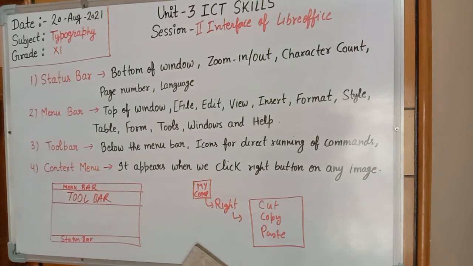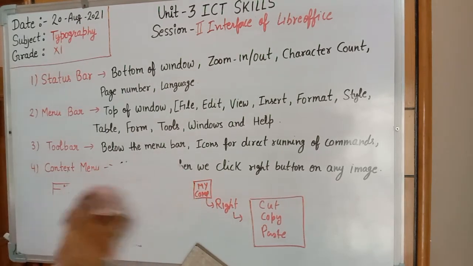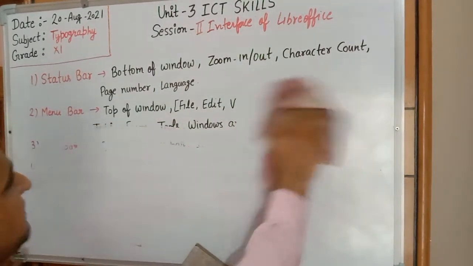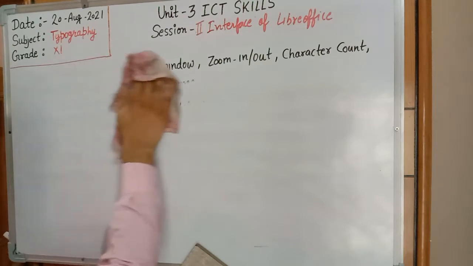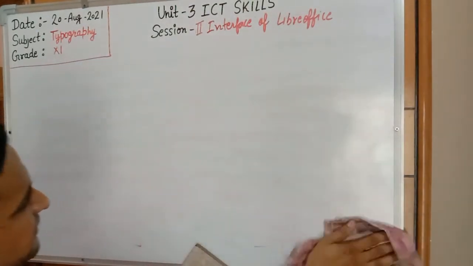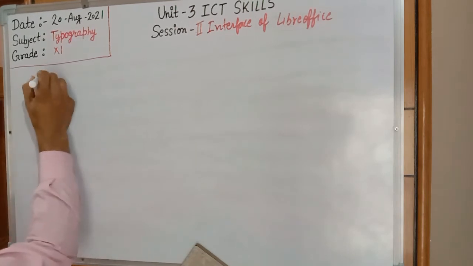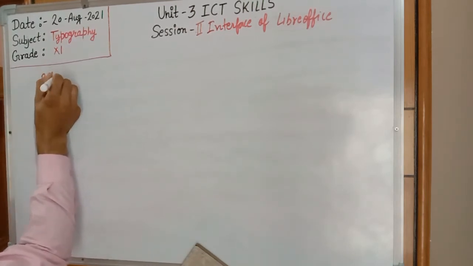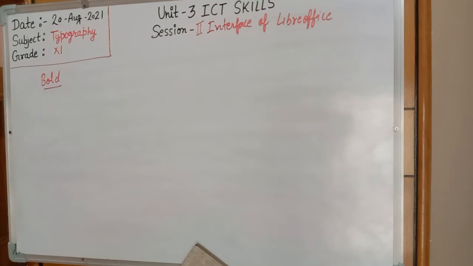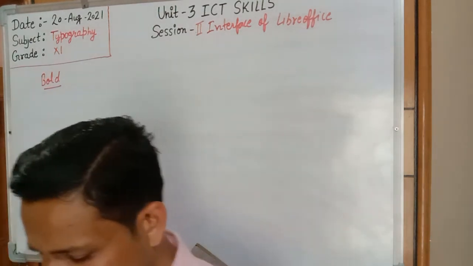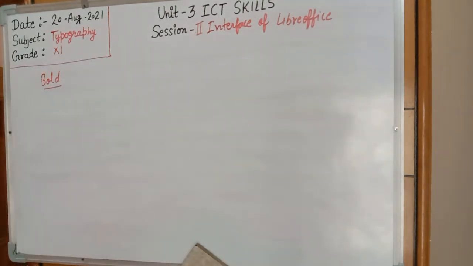Now the next topic is multiple ways to perform the same action. It means for performing the same action we can use multiple methods. Here the example is given for making a text bold. We want to bold a text. For bolding text, what can we do? First option: click the menu option Format, select Text from the drop down list and then select the bold option. It is by using the format option.